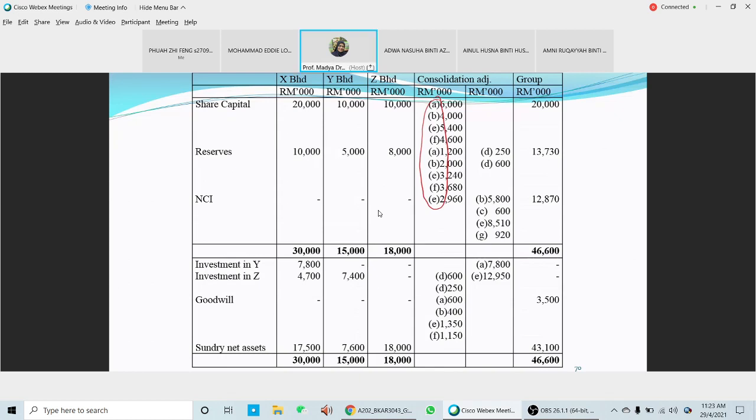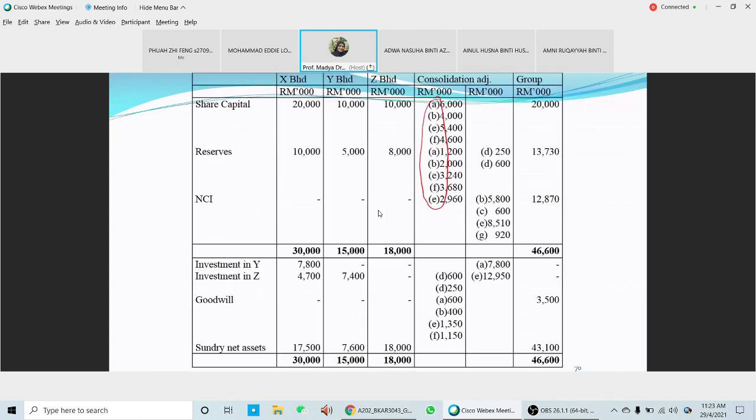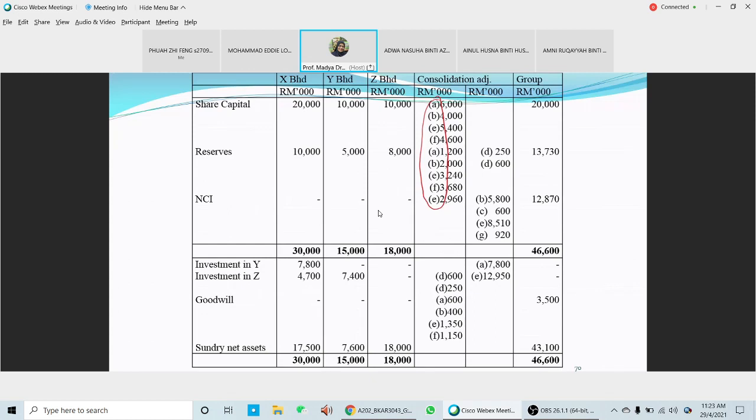So that is what we have here. Okay, and then the last thing, you prepare the proper statements. The proper statement comes from the adjustments here. This is a proper statement: share capital, reserve, NCI, and then goodwill, and then sundry assets. So only this one is the proper statements here. This previous one is only the adjustments. Make sure that you know how to prepare this one, the adjustments. Okay, and then we have